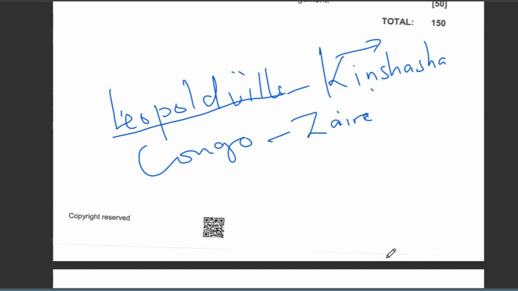Then he also changed names of cities. Leopoldville was changed to Kinshasa. The Congo itself as a country was changed to Zaire. That was his authenticide policy. Would we say this is good? The criticism is this is against humanity.